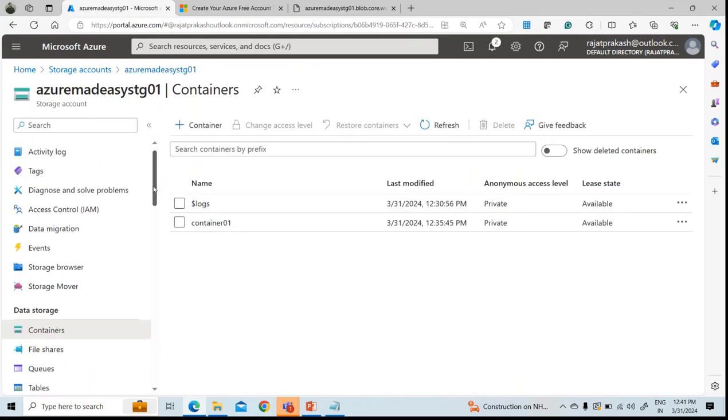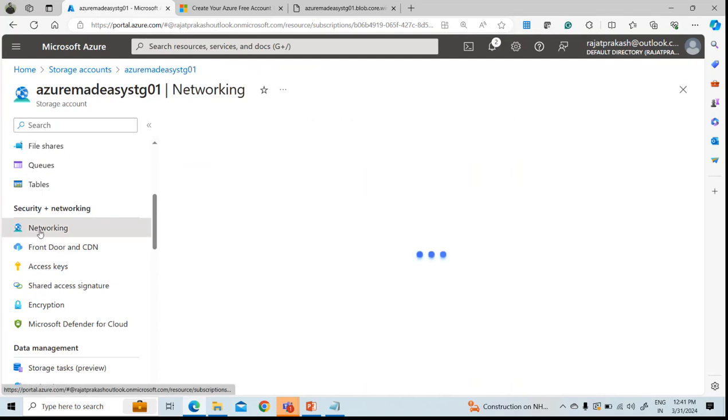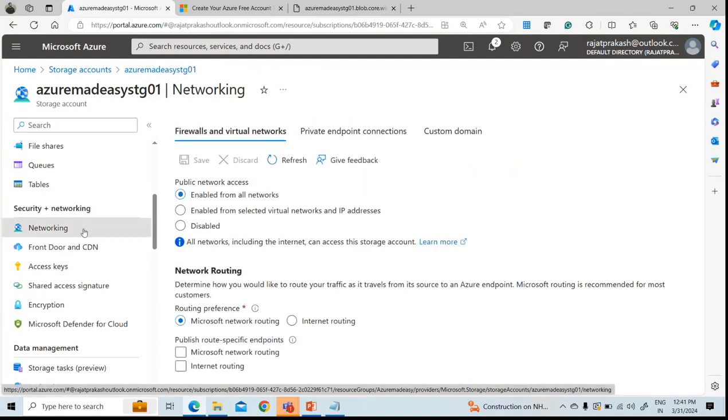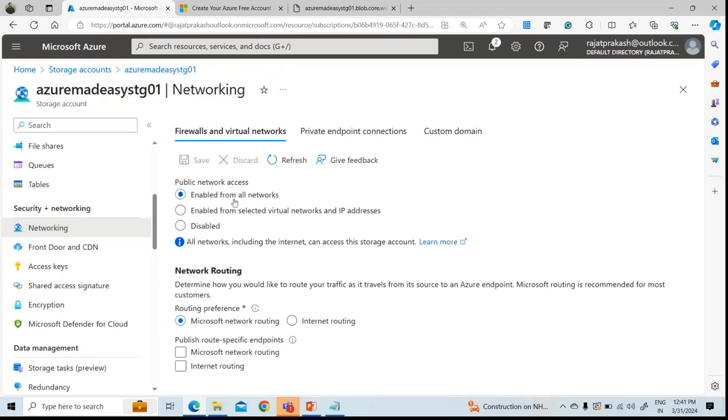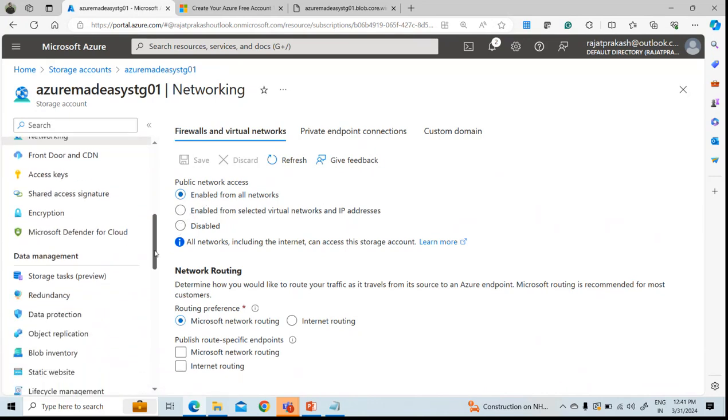We can come to this. There is something called networking under the storage account. But you can see that I have enabled access from everyone, right? It is already enabled. So what we will do here, there is something called